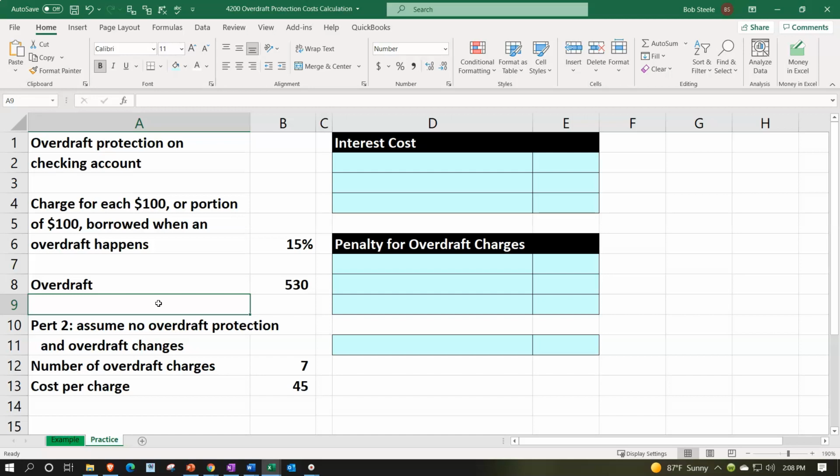And if it was $220, they're going to charge us, in essence, on $300. So any portion of the 100. So we have an overdraft here that we will imagine of 530. We're imagining that transactions had taken place in our checking account, drawing the balance down below zero by 530, and then the bank is going to hopefully honor the 530 in payments that we have committed to make